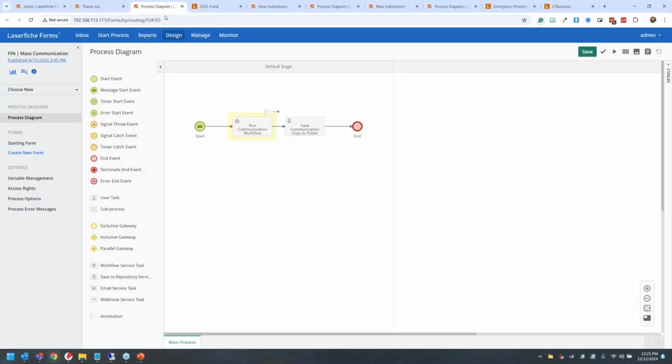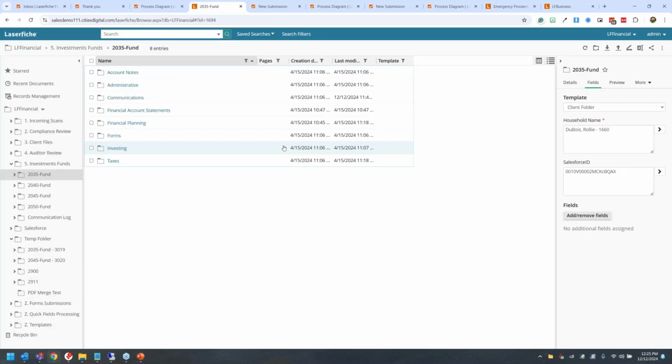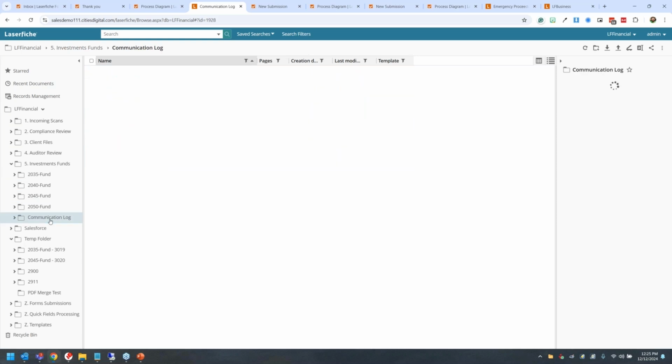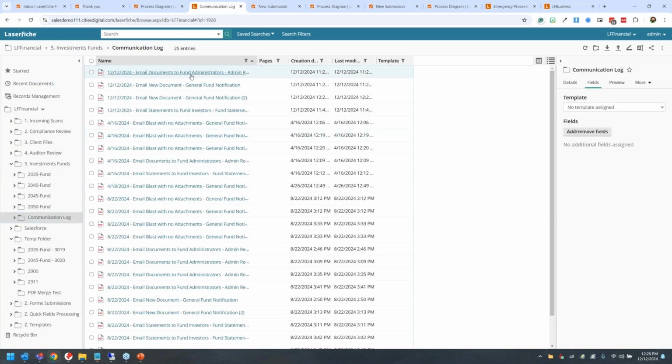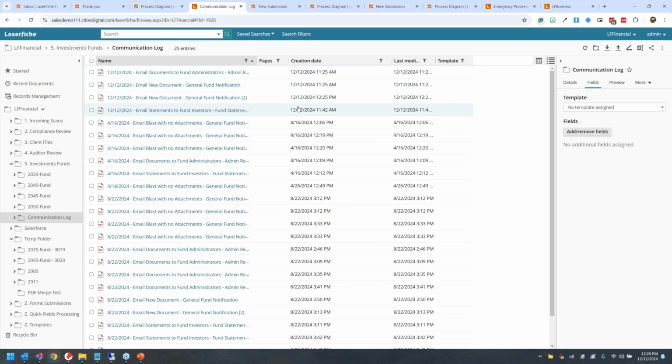Now, the way that works is very similar, only it's a lot fewer steps. So basically, all we're doing is we're running a workflow that does all the heavy lifting, just like the one I showed you earlier, and then saving a copy of the communication to a folder. And so if I come down here and look at the folders for the various communication logs, this would show email documents to fund administrators, email new document, general fund notification, some of the ones I've already done today. And if you look at the date and time, you'll see this 2025 one here is the one